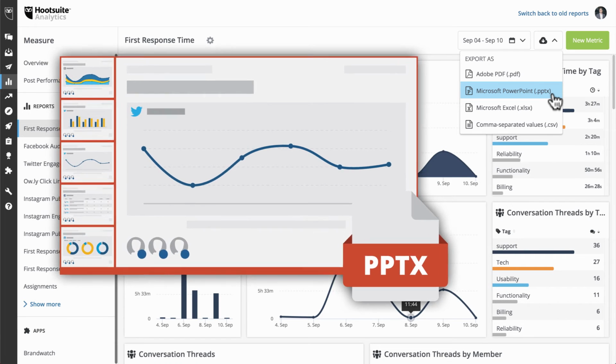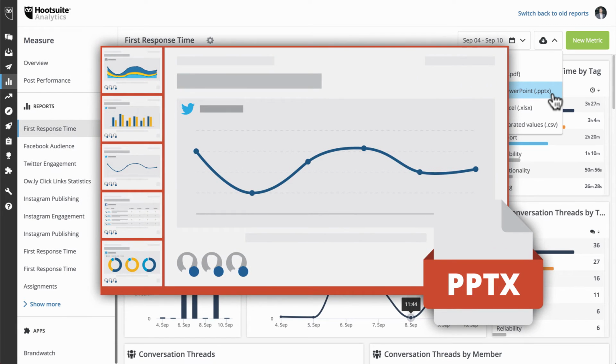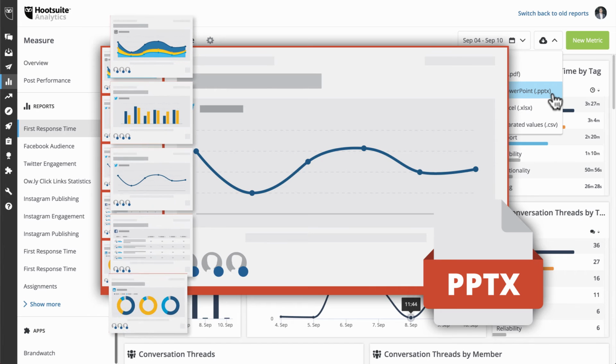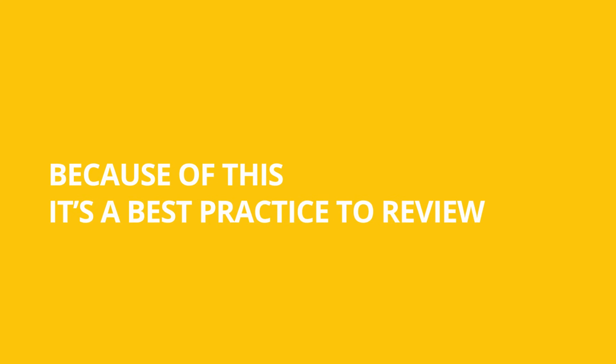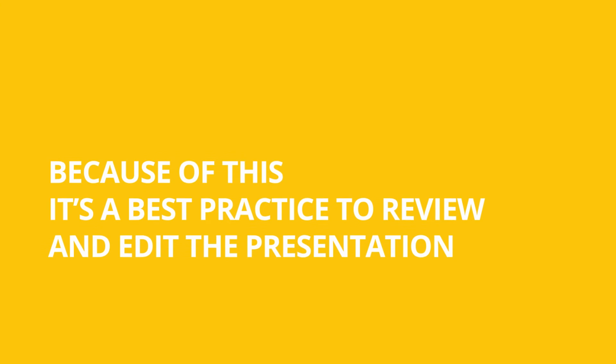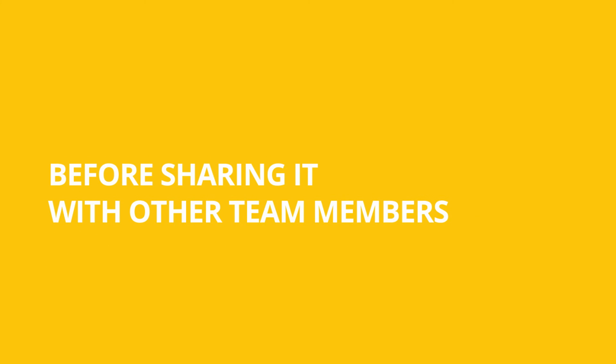If you do download your report as a PowerPoint presentation, keep in mind that each tile will take up at least one slide. Because of this, it's a best practice to review and edit the presentation before sharing it with other team members. If you'd like to automate this exporting process, you can schedule exports to be sent regularly to